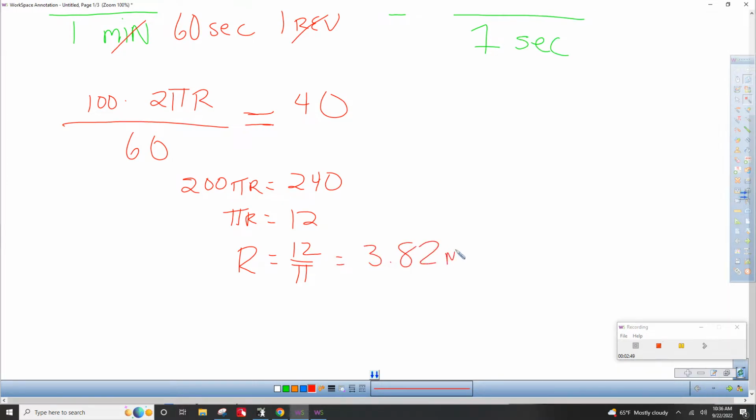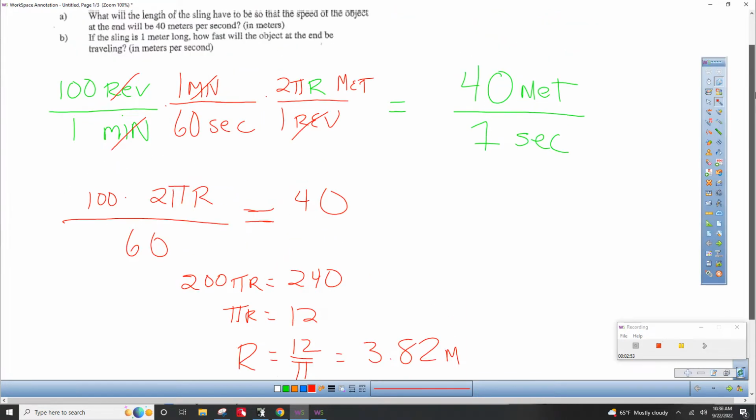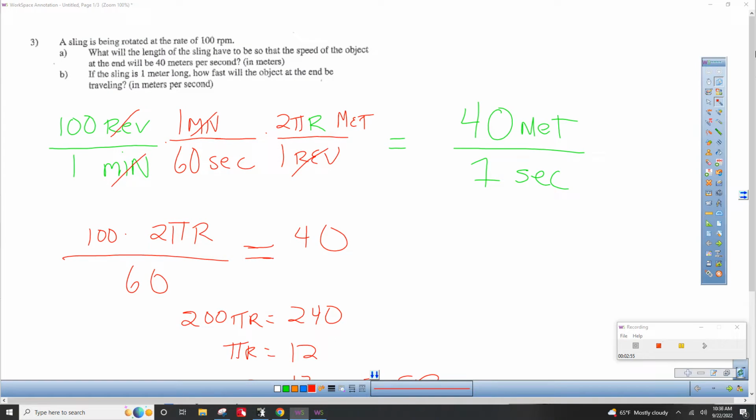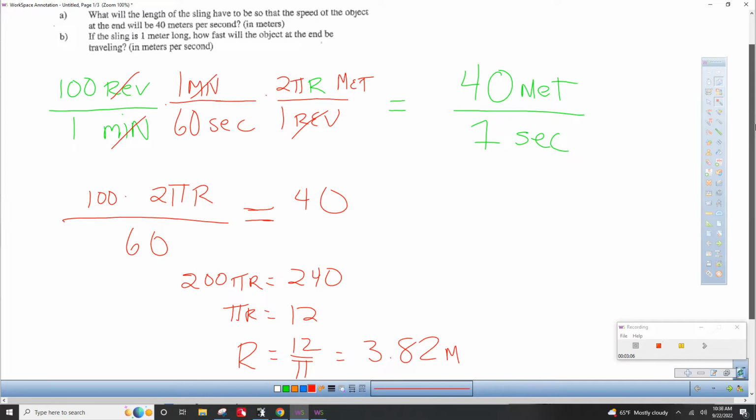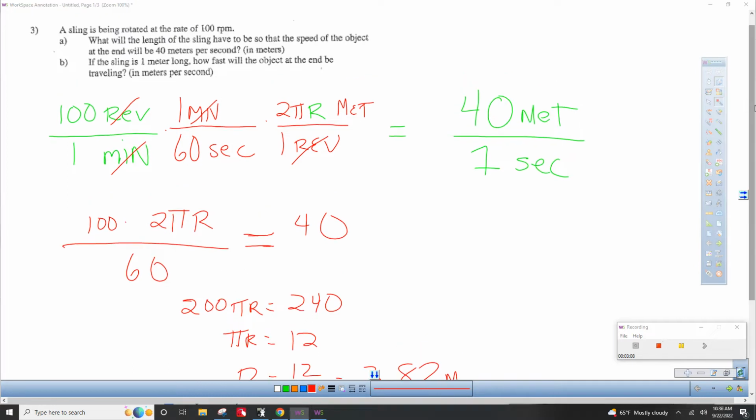What does that mean? It means if you take a rope and it's a 3.82 meter rope, so that's pretty big, like that's a huge lasso, that's almost like a helicopter, and you spin it around at 100 revolutions per minute, that thing is going 40 meters per second. Okay, now part B says